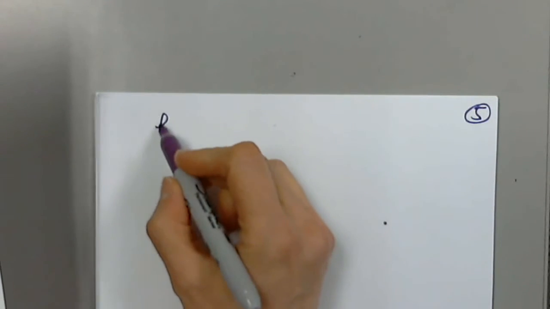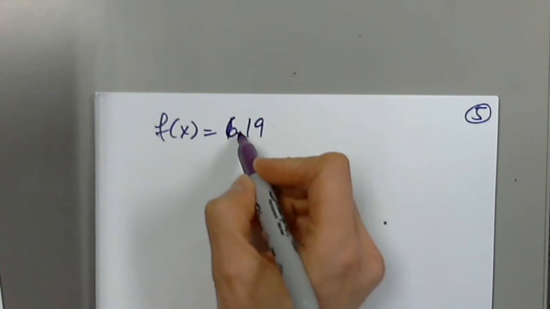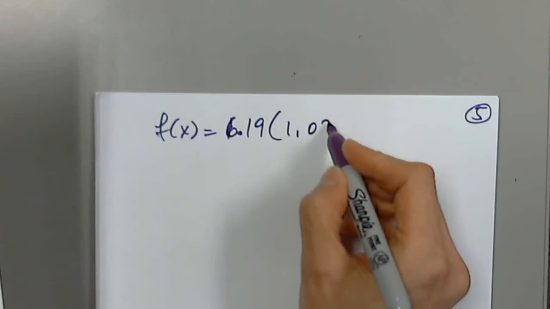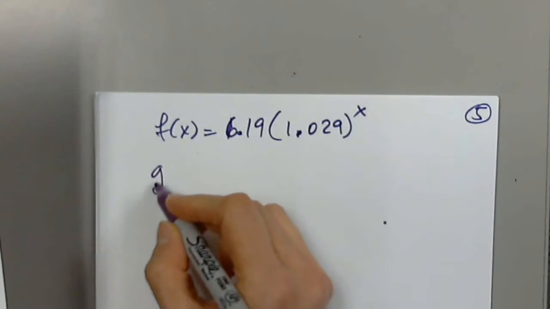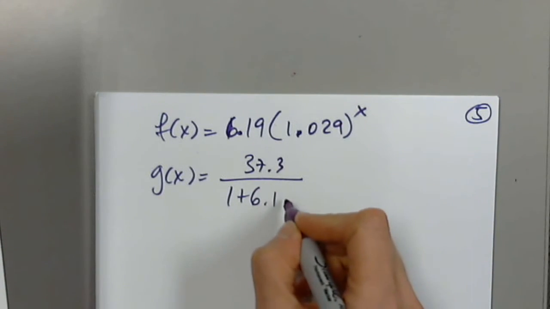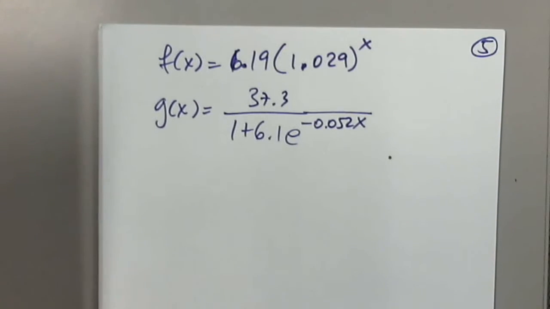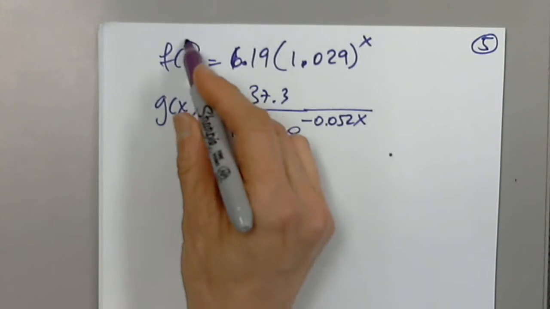I'm copying both functions: f of x equals 6.19 times 1.029 raised to power x, and then g of x equals 37.3 over 1 plus 6.1 e to negative 0.052x. I read the problem and I take notes. The bar graph shows the percentage of people 25 years of age and older who were college graduates in a certain state for 7 selected years. The functions below model the percentage